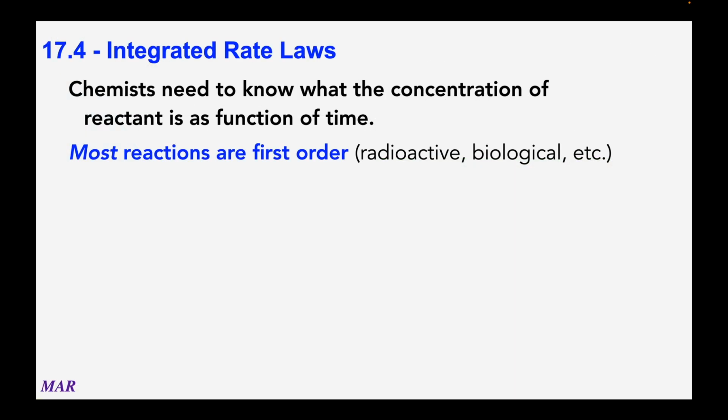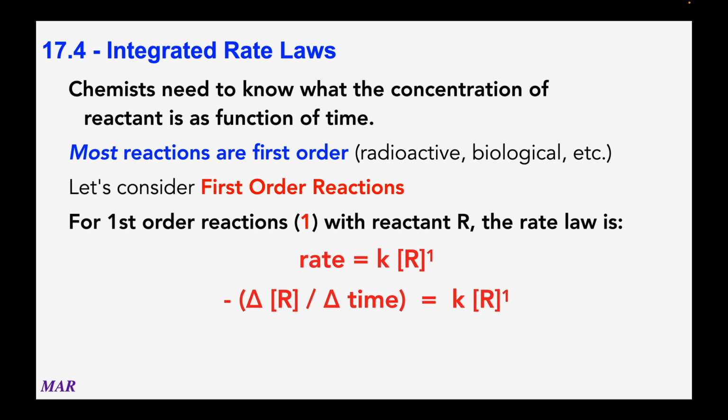Rate laws and rate orders can be super helpful, but most of the reactions that chemists and scientists run into are first order. As a matter of fact, all biological reactions, all radioactive reactions, and most regular chemistry reactions follow first order kinetics. So if you do some fancy stuff to a first order reaction, you can get out